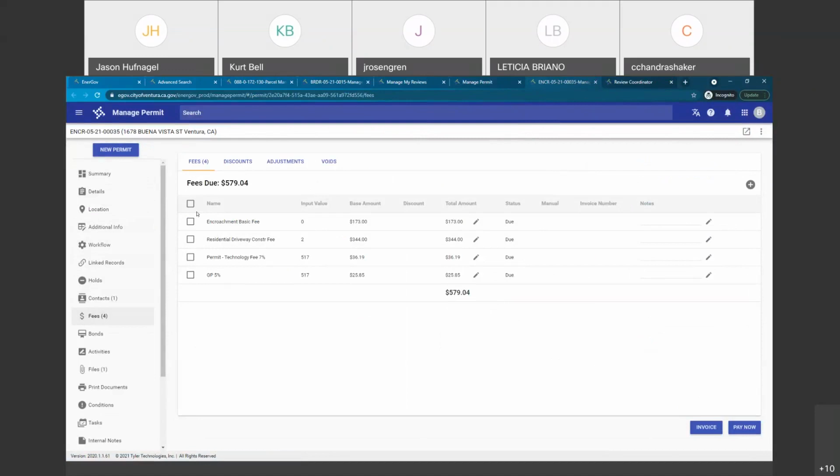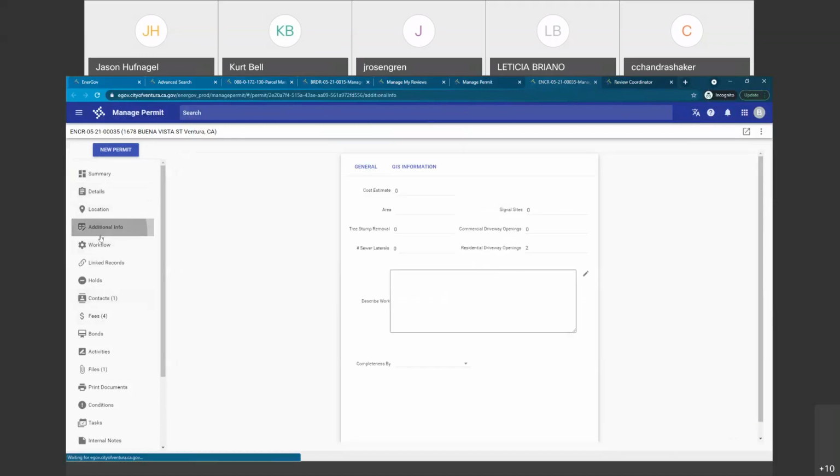Sorry, I had to take a call. Oh, no, you're fine. Should there be a base amount right here of an encroachment basic fee coming on here, or is this incorrect? Did you add two driveways in there? I did. Okay, so then it's fine. Should there be a basic fee right here too? Yeah. Okay. So yeah, I added two right here to residential driveway